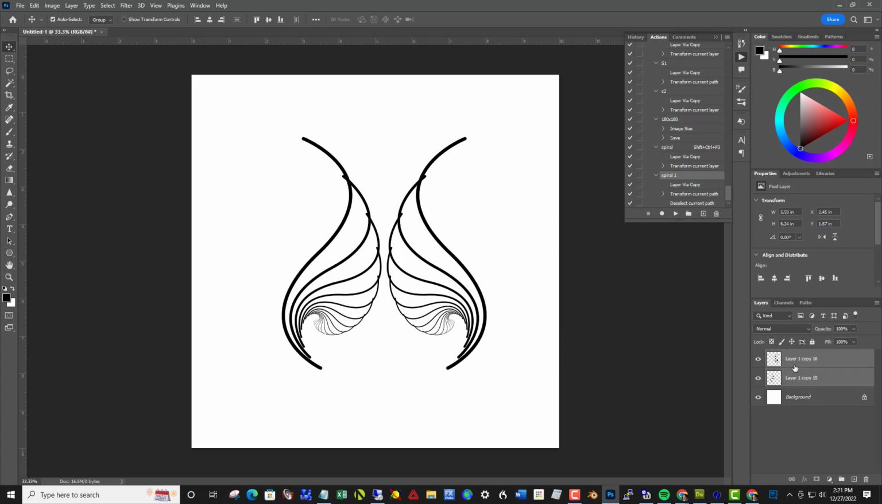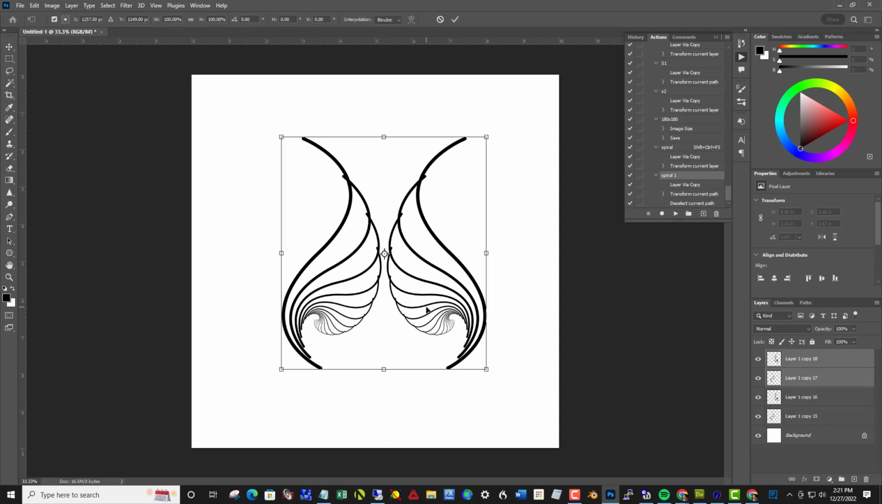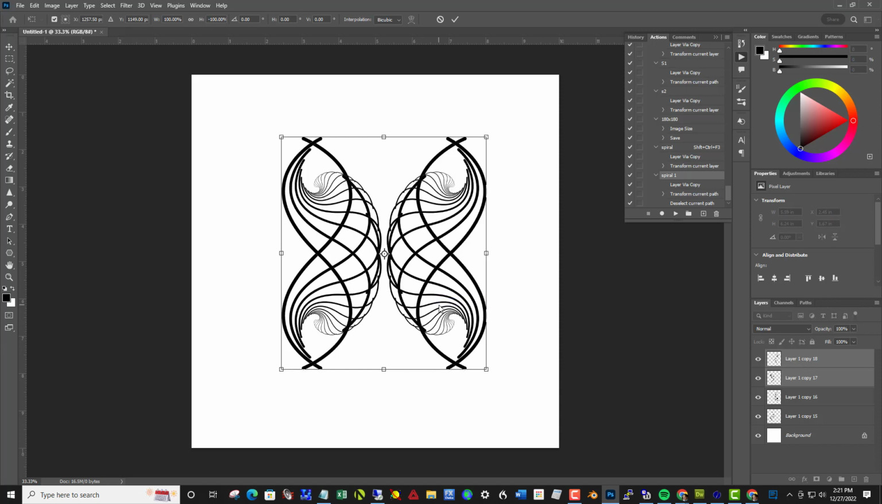merge them, Control J and Control T, and flip vertical. And now you have some very powerful tools to go and look at many variations here. Okay, so put 6 to 10 or 20. Have fun with this